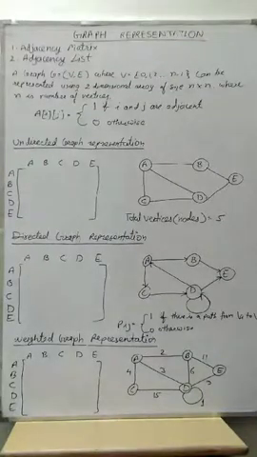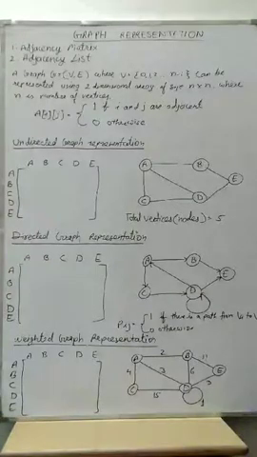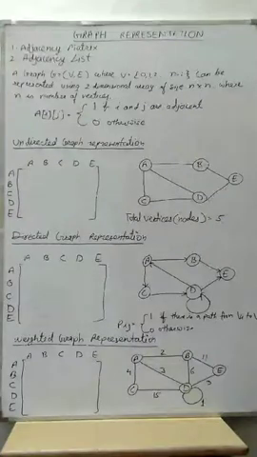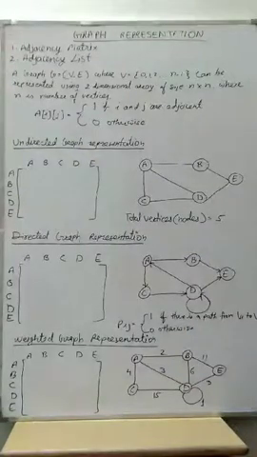There are two standard ways of representing a graph in the memory of a computer. One is called the sequential representation of a graph, by means of its adjacency matrix. The other way, called the linked representation of a graph, is by means of linked lists of neighbors. So today we are only discussing the adjacency matrix.